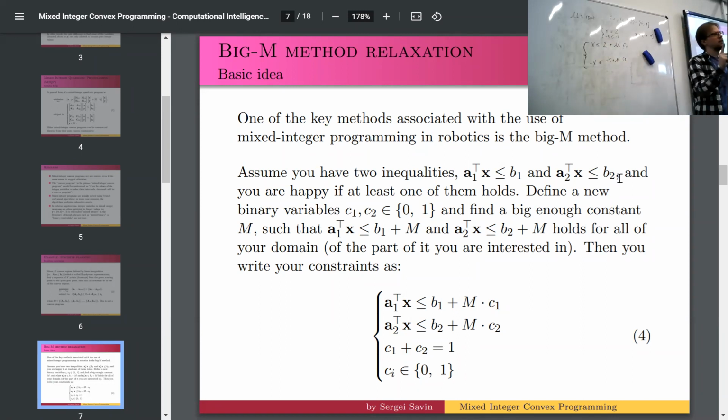But we don't want that. We don't want both constraints to be switched off. We want only one constraint to be switched off. Okay? How do we do it? Well, we can say that C1 plus C2 should be less than or equal to 1. So they cannot both be 1, right? Now, that would be